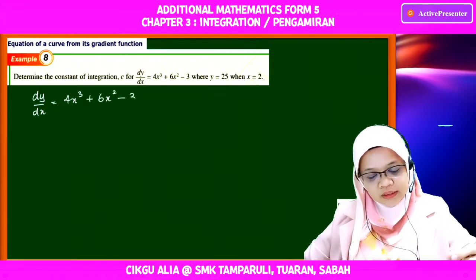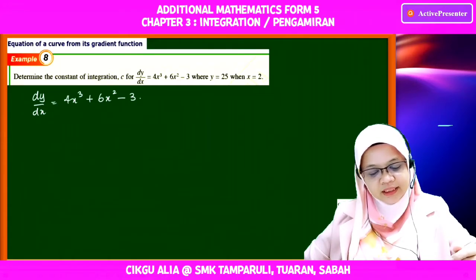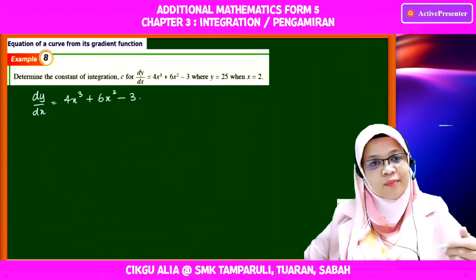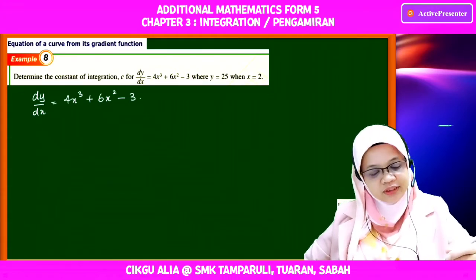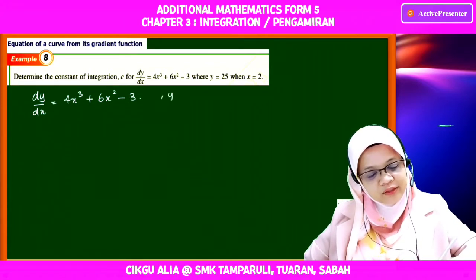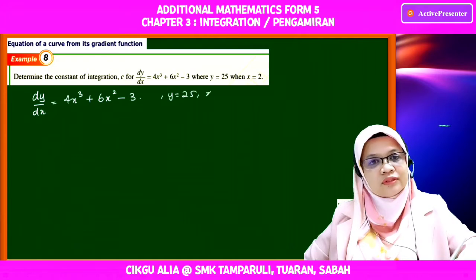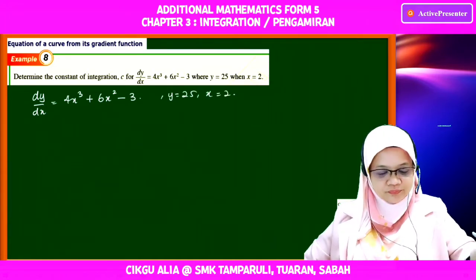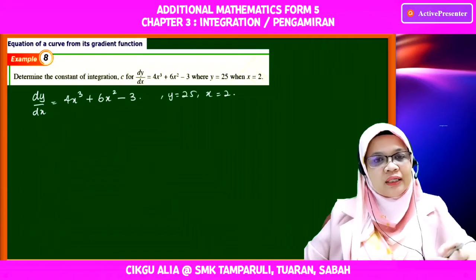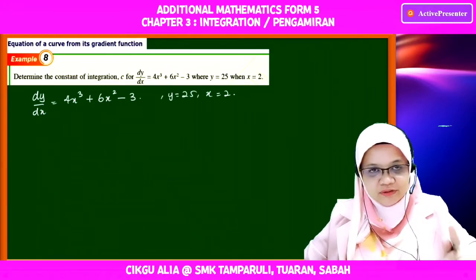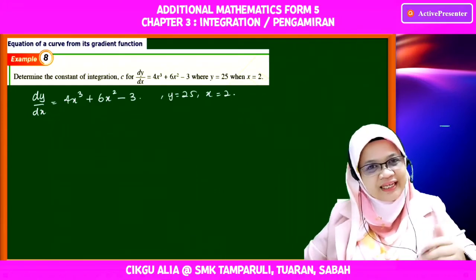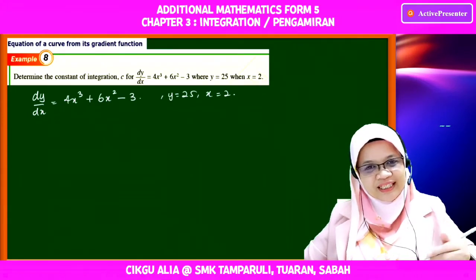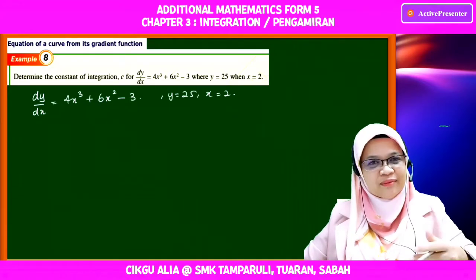Okay, soalan ini dia nak cari constant, pemalar pengamiran, the constant of integration, C, dan diberi given that the y equals to 25 when x equals to 2. Okay, so kita tahu untuk mencari C tadi kita kena integrate dulu. So untuk dapatkan y, kita akan integratekan dy dx, iaitu fungsi kecerunan yang diberi, supaya kita akan dapat persamaan lengkung